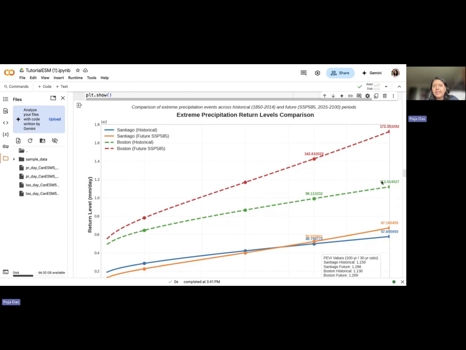So maybe in 1980 someone was building a dam and they made it safe for 100 years, and they considered the value of precipitation of 112 millimeter per day. Just after 20 or 30 years, before even 100 years, this value of 112 millimeter per day, which was previously a 100-year return period level,